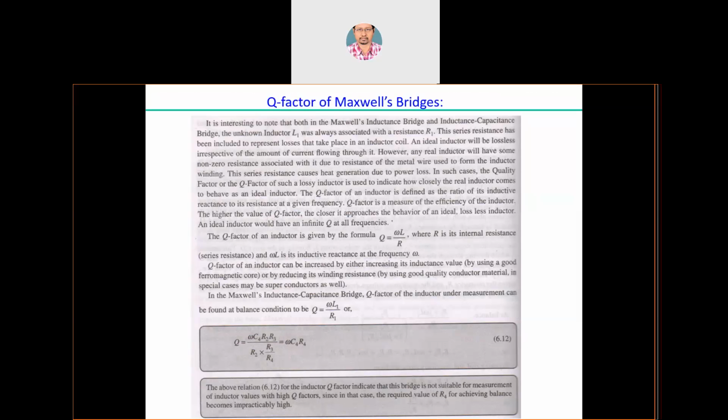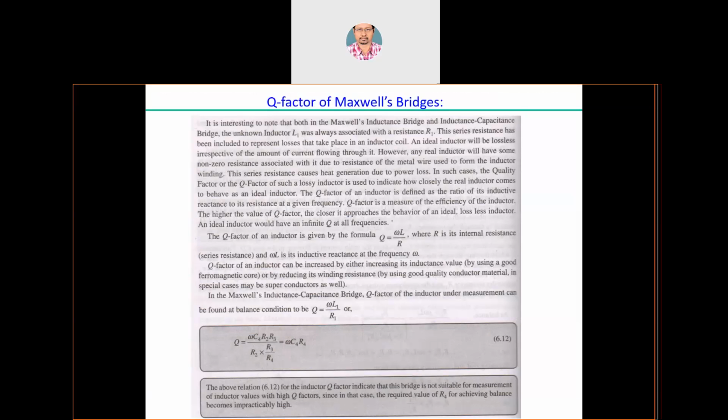Because your unknown value is L1, your internal resistance is R1. So from equation 6.11, if you substitute, my Q factor right now is actually omega L1 by R1. Now you know the value of L1 and R1. L1 is equal to C4 R2 R3, and R1 is equal to R2 into R3 by R4, because remember the right hand side is the known value. So you substitute this, and in that case the Q factor you get is omega C4 R4. Now, what do you mean by that? That this relationship, Q factor equal to omega C4 R4,